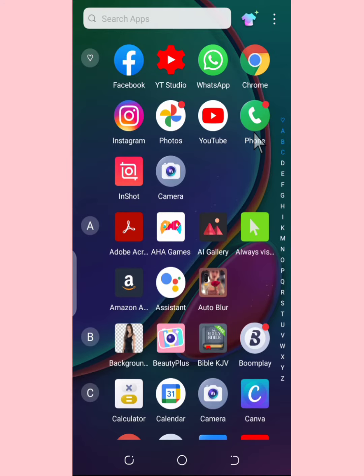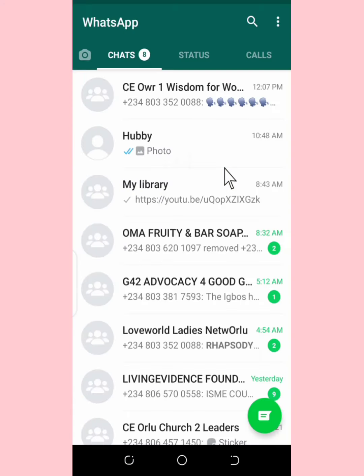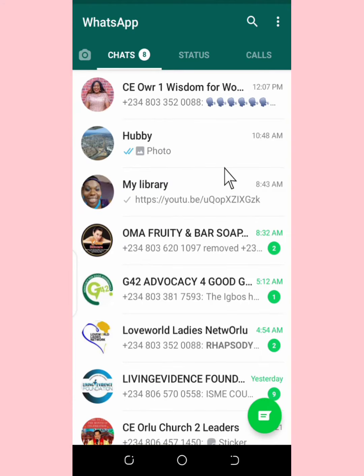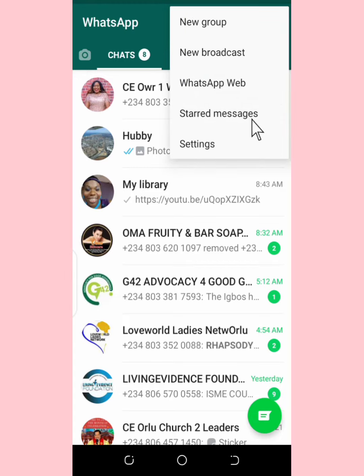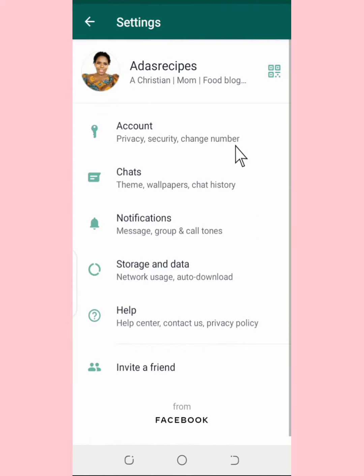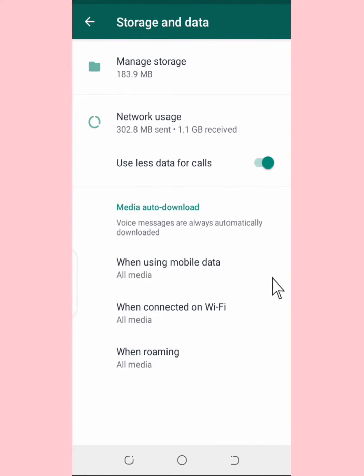So the first thing you're going to do is to go to the WhatsApp app, then you tap on it. Once you tap on it, you go to these three dotted lines, you tap on it. Then next you go to settings, you tap on settings, and you're going to see storage and data, you tap on it. To prevent media auto download when using mobile data, when connected on Wi-Fi, or when roaming, we are going to turn